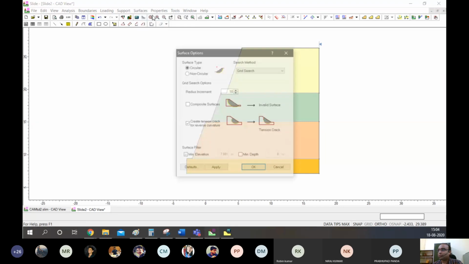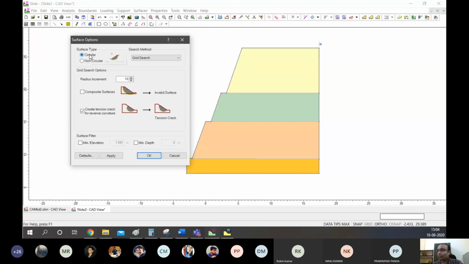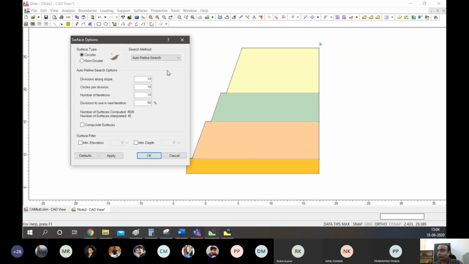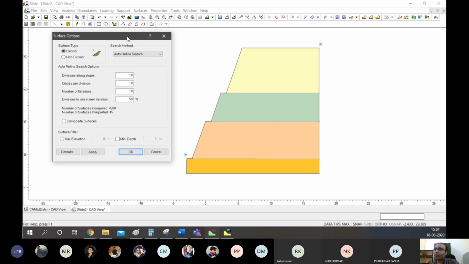So let's go to surface options, and we say it is a circular failure. Let's assume it as a circular failure, and what we want is an auto refined search. This option doesn't require us to place a grid of centers here.